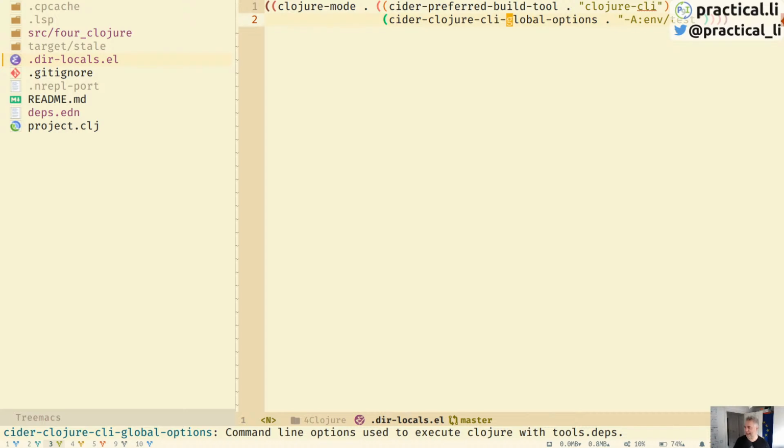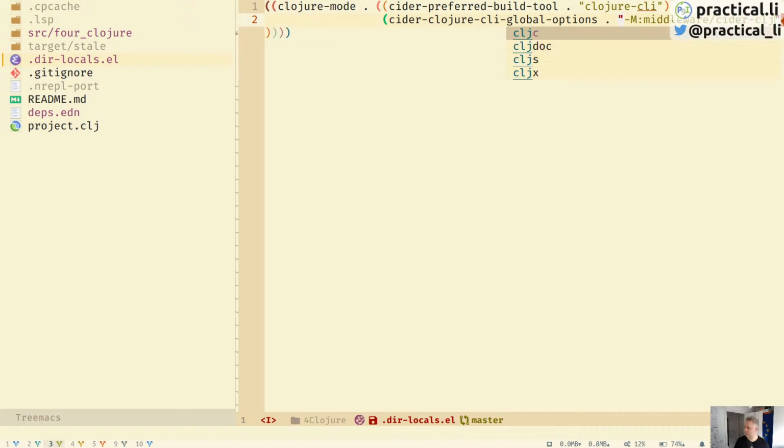This is really the aliases that we're injecting, and because these go in the right place now, then I should be able to just get it to use these. So if I change that to M, and then this wants to be middleware, and cider CLJ,